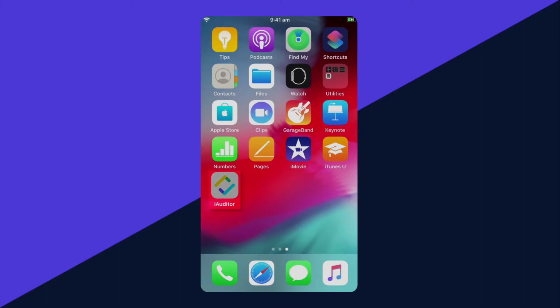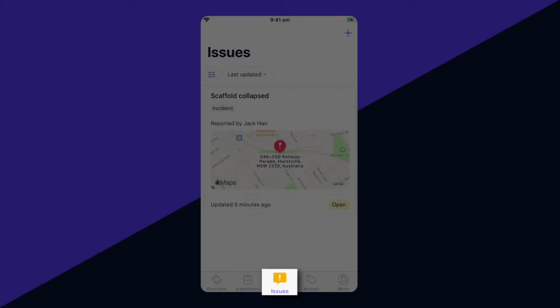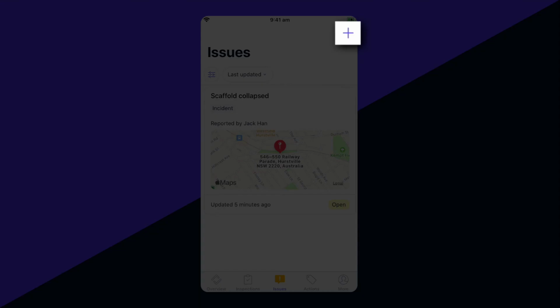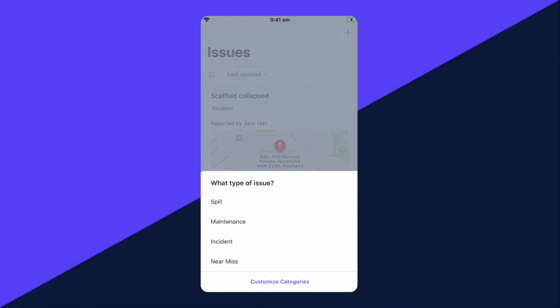First, open and log into the iAuditor mobile app. Then, tap Issues at the bottom of your screen. Next, tap the plus icon on the lower right if you use an Android device, or on the upper right if you use an iOS device. And select the issue category from the pop-up.